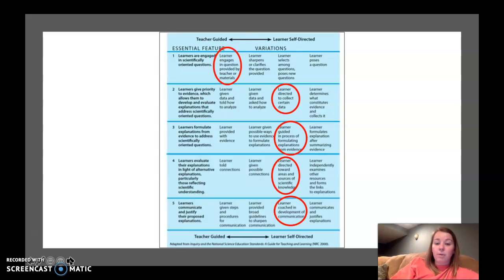So as the learner, we were directed to collect certain data. We were guided to formulate explanations from the evidence and how it related to the Earth's model of groundwater filtration, as well as being directed towards areas and sources of scientific knowledge related to groundwater filtration. And then lastly, we were coached to develop our